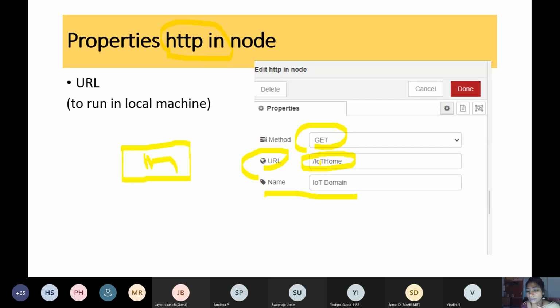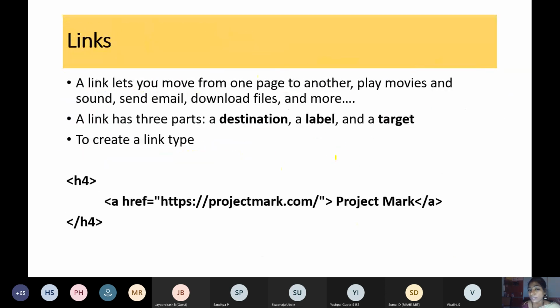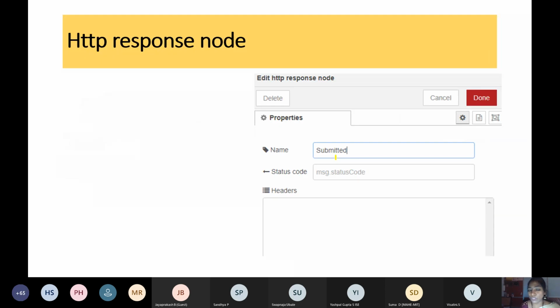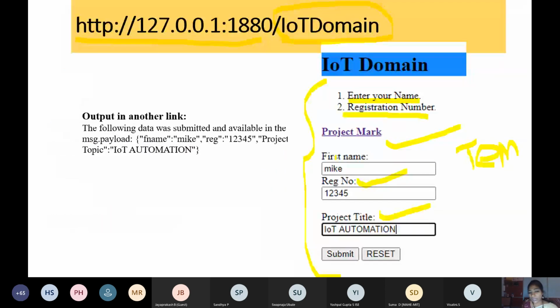In this place we are supposed to give it. I have changed this for demonstration as /IoT home. You can use /IoT home or domain, whatever you used over there. During the demonstration, I'll just show you.